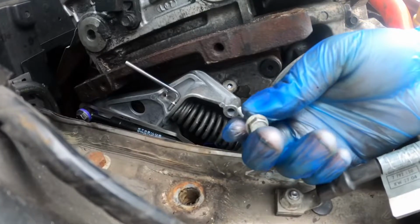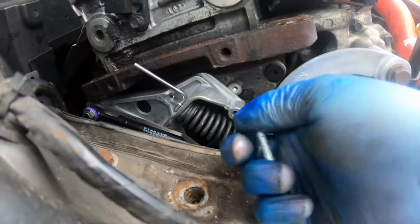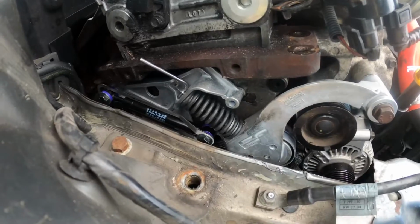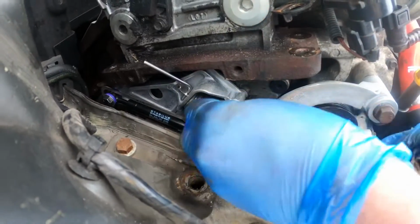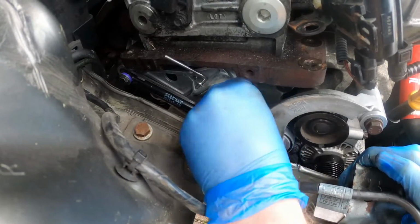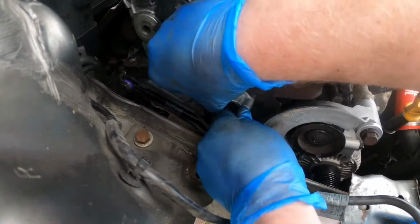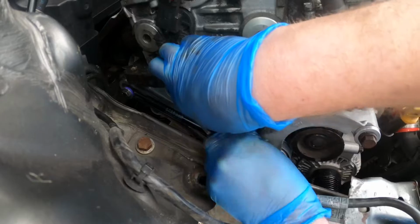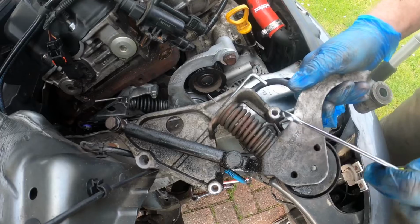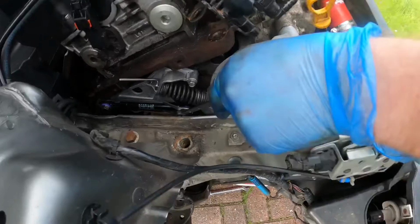So the next bolt is the 10mm. Goes through this hole and back into the engine into there. So you just need to release the pressure in the damper a little bit and just raise it up like that. Just needs a bit of wiggling around. Okay, so we've got the 16 in here, that's that there. And you've got the 10mm that's there, and then we've got the other 10mm that we're doing now just down the back under the